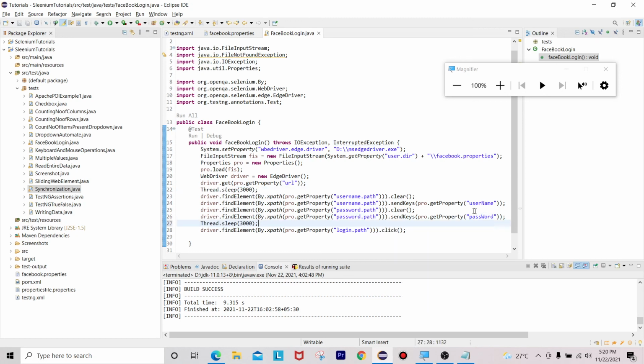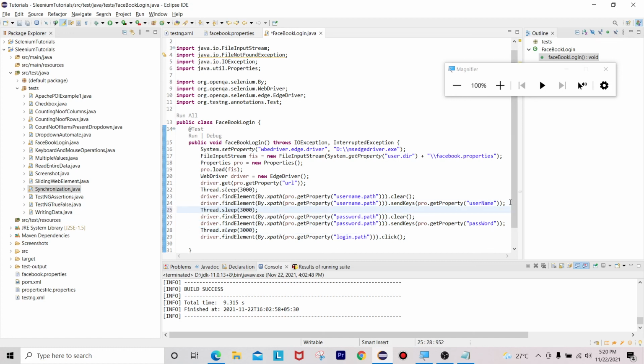It will wait and clearly show you whether it's working or not. I'm using Thread.sleep at 3 different places here, including before clicking that button. This is how we can write code for using the properties class.